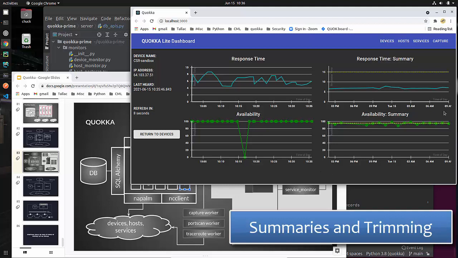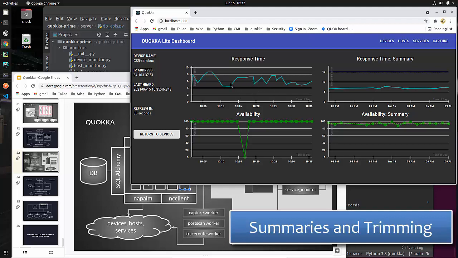We're talking about two things. One is summarizing the data, so doing hourly summaries of this response time and availability data and storing it in the database. And the other thing we're doing, as you can imagine, is what happens to this data after we've accumulated it? Well, if we never get rid of it, then we may cause our entire system to crash or bad things to happen. So what if you wanted to trim data, like these graphs right here only show the last 24 entries? What if we got rid of that 24 hours later?